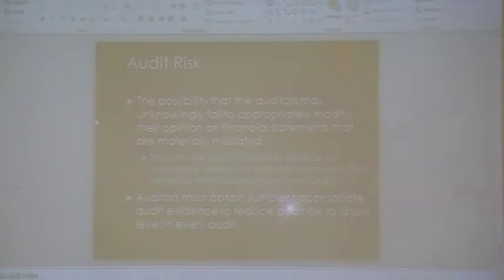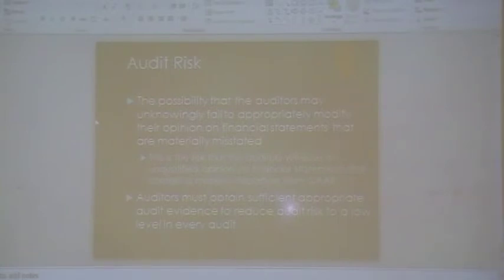Control risk is the risk that a misstatement in an account balance or class of transactions, either individually or in aggregate, would not be prevented or detected and corrected on a timely basis by the client's accounting and internal control system. Okay, and it's important, it's the client's accounting and internal control systems. Factors that contribute to control risk include the control environment, so any lack of awareness regarding internal controls, the extent of segregation of duties, and the extent of compensating controls.